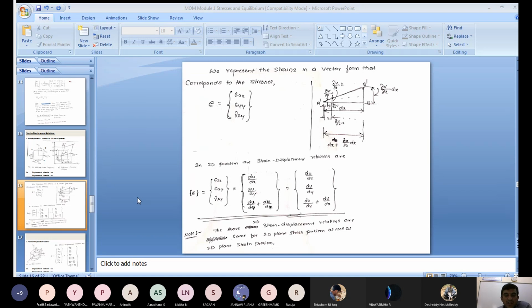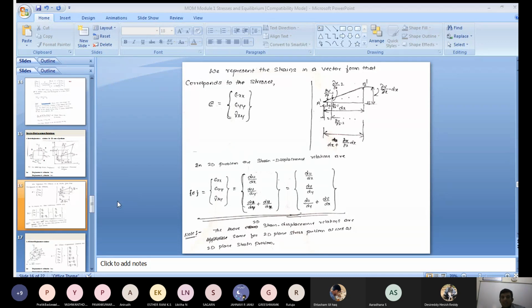Similarly, go for the normal strain along y direction. What is the displacement in y direction? Change in dimension in y direction is v, that is dv. What is the original length in the y direction? That is AD. What is the length? It is dy. dv by dy. How do you remember here? Epsilon xx is equal to, the deformation is the first subscript. The deformation that takes place in x is du. What is the element length along the x direction? dx. Similarly, epsilon yy is equal to, the change in length along y direction is dv, second subscript. What is the thickness here in y direction? It is dy.